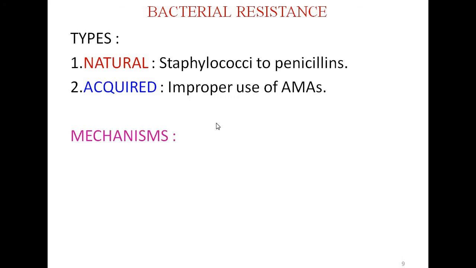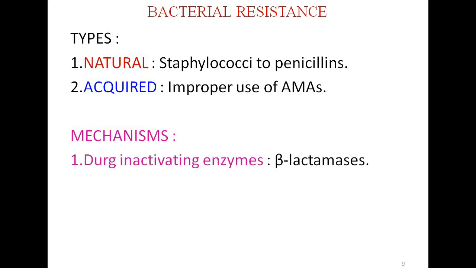There are different mechanisms by which resistance to antibiotics develop. For example, penicillin is chemically called a beta-lactam. Some of the resistant strains of bacteria, that is bacteria which have become resistant to penicillin, do so by producing an enzyme which breaks down penicillin. So once penicillin ring structure is broken down, it can no longer act.